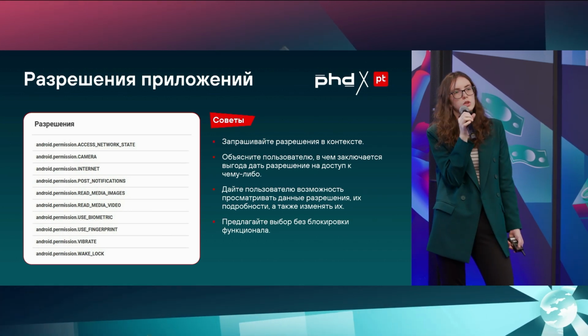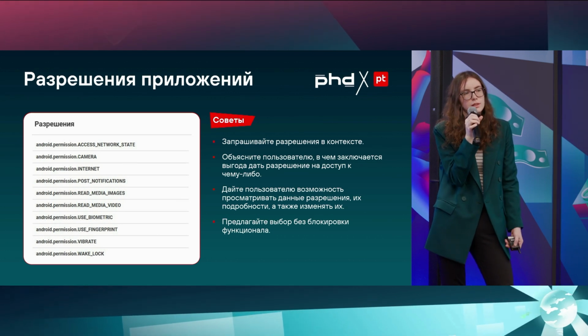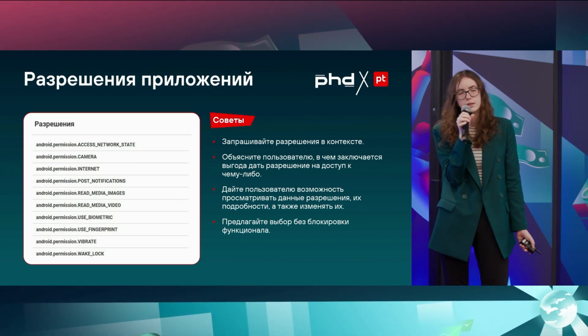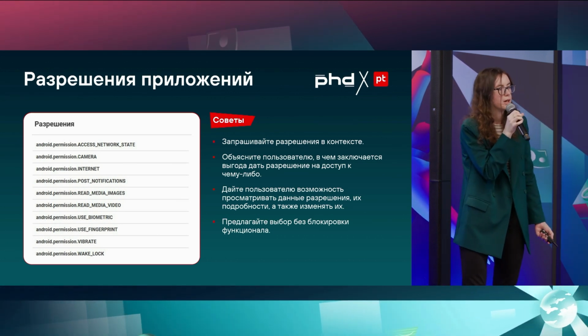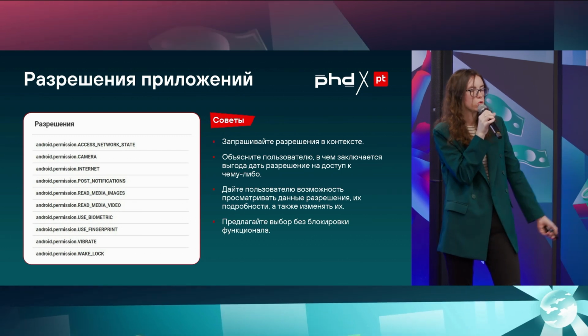And again, as I explained, you want to explain to the user what would be the benefits for them, what would they get, not what data you would get for your pseudo-analytics, but what value they would get from giving this permission. And of course, you should give the user the opportunity to review the permissions and edit them.